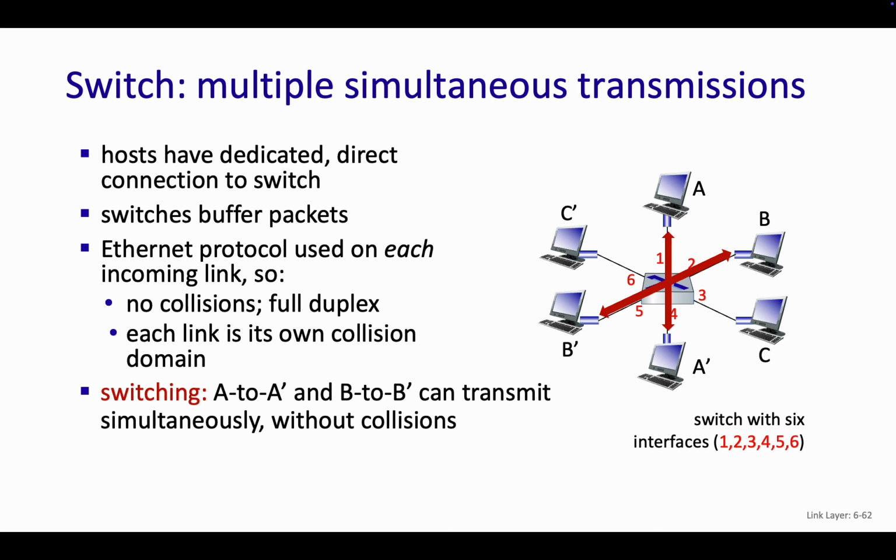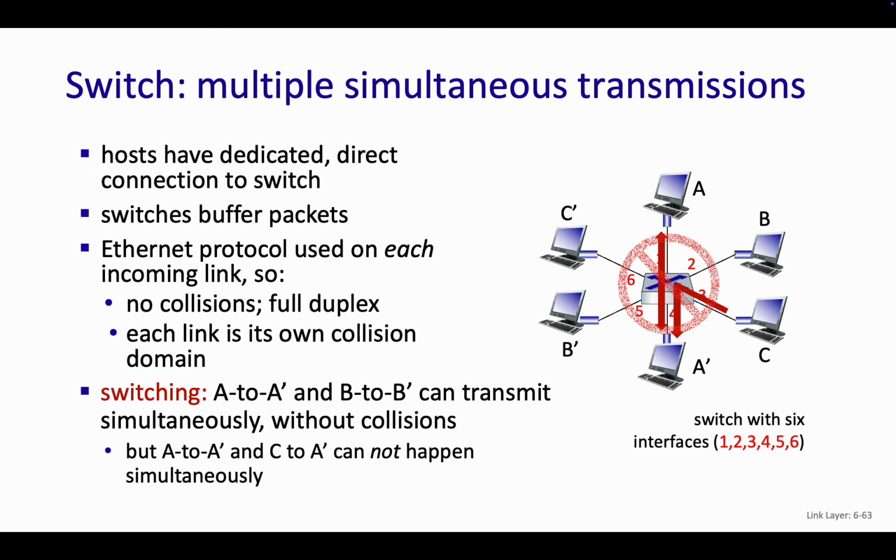But what I can't do, because this defies laws of physics, is to say, oh, let me have A to A prime transmitting, but also C to A prime. Because now there's collisions happening, because two people are trying to send to A prime at once, and then it has to use CSMA. It has to make sure that those packets aren't colliding with each other. But between orthogonal, or different links, they have no impact on each other, technically speaking. So that's the really nice benefit of switches. They really help isolate out these different links between communication.